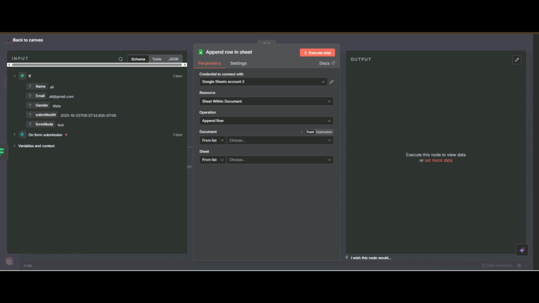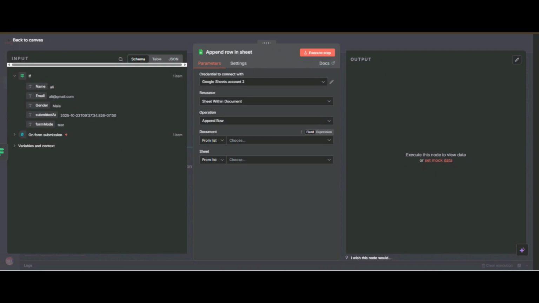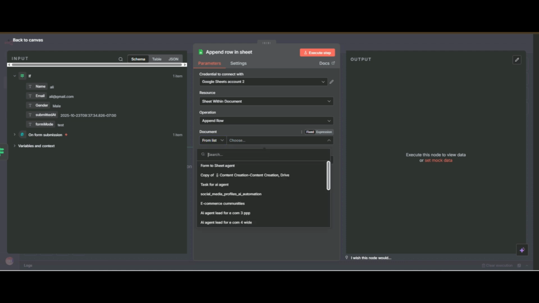You can see document. You have to create a Google Sheet in your account. I have created one, so I will select the document from the list. You can select by URL or by ID, but now I will select from the list. You can see I have this sheet, from sheet agent.